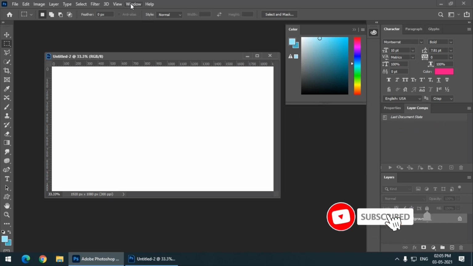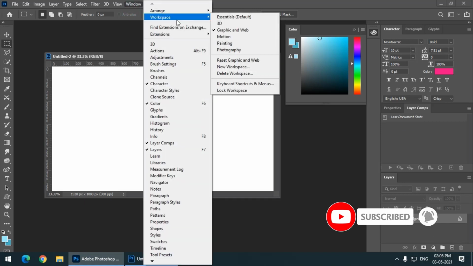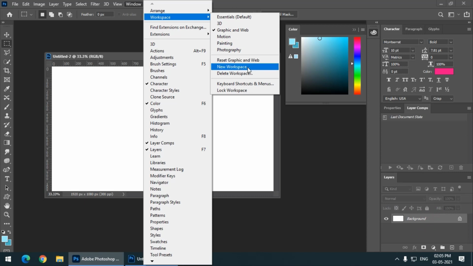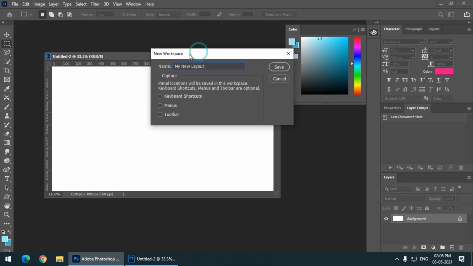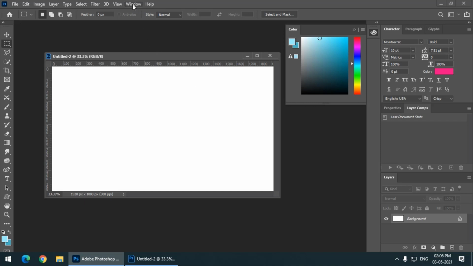I can save this particular interface by going into Window, Workspace, and New Workspace. Let's say I want to name it My New Layout. You can name it anything. Let's say I save.